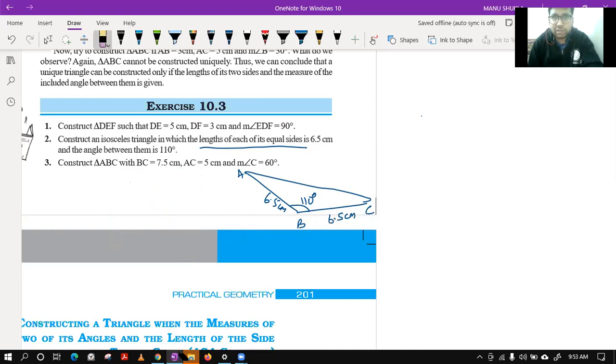Class, now tell me, the only problem that you will face is the 110 angle. Is there any way you can draw this angle 110 on your own? Please tell. That only I'm asking. Can you draw this angle 110? Please tell by bisecting using compass. Anyone? Protractor is the last option.